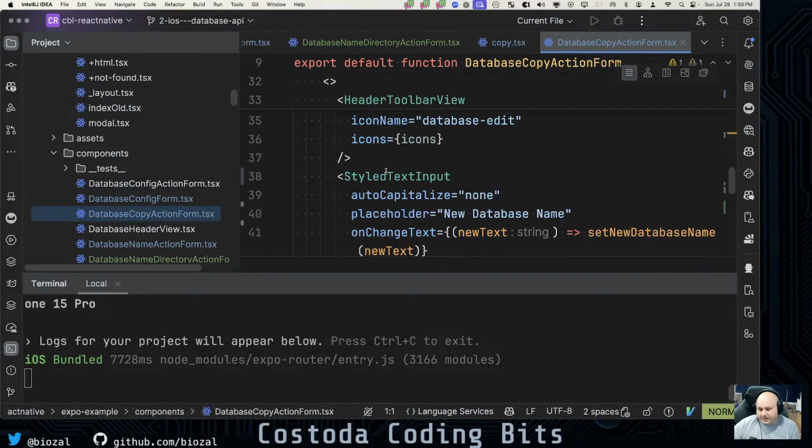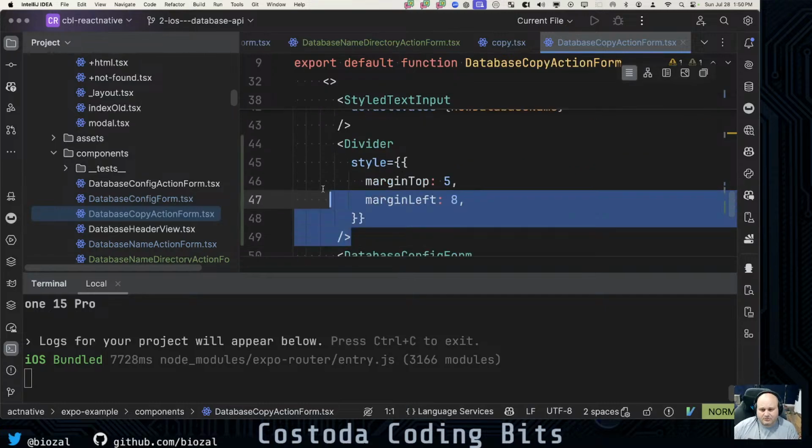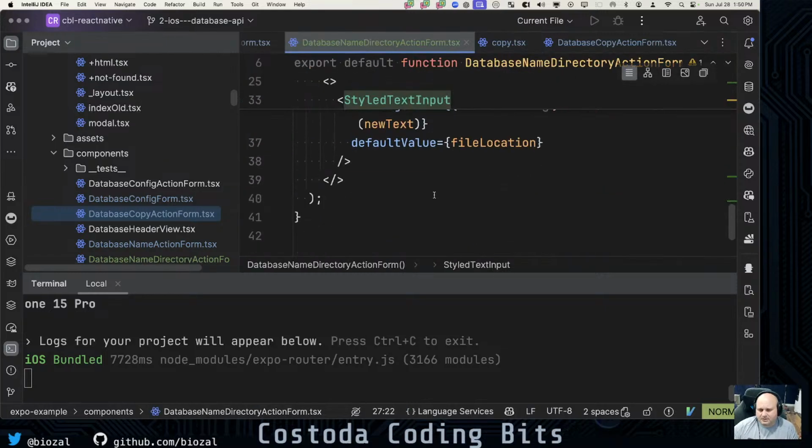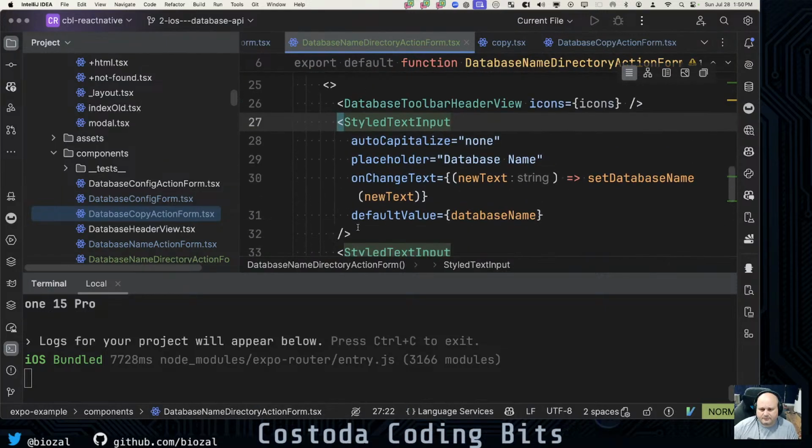I don't remember how I write everything, so I always just find in my own code where I did it. Here's the style for it. And we'll probably have to tweak that a little bit. I'm probably not gonna be happy with it out of the box, but